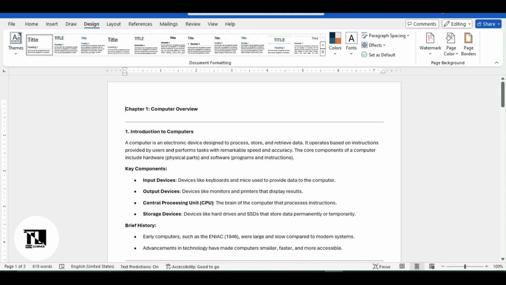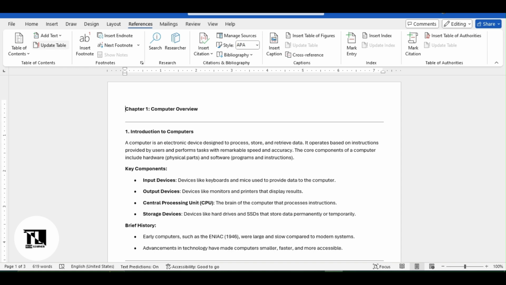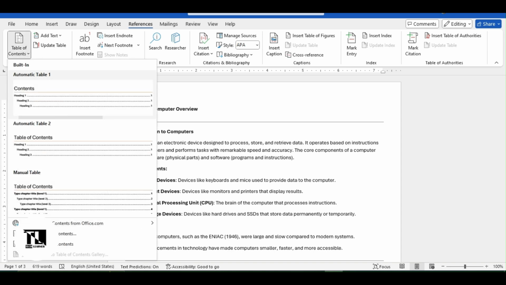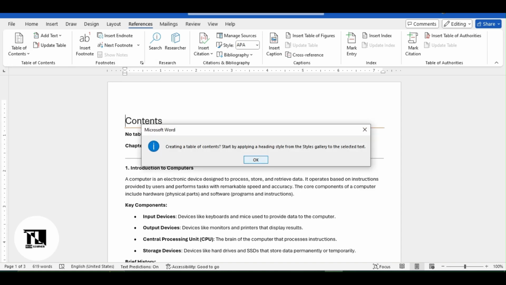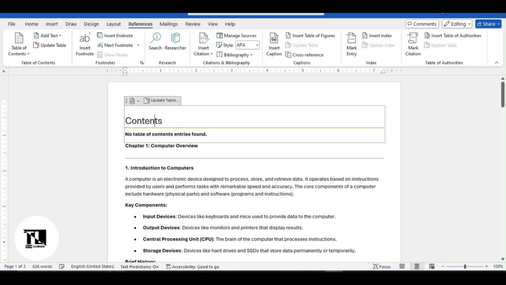So for this we will just click on the very first point of our document, go to References, click here and choose our table. It's asking us to first apply headings, so we'll click OK. Here is our table of contents inserted, but there are no headings appearing here,